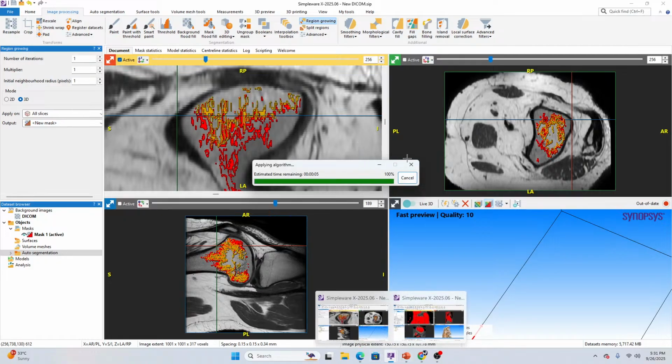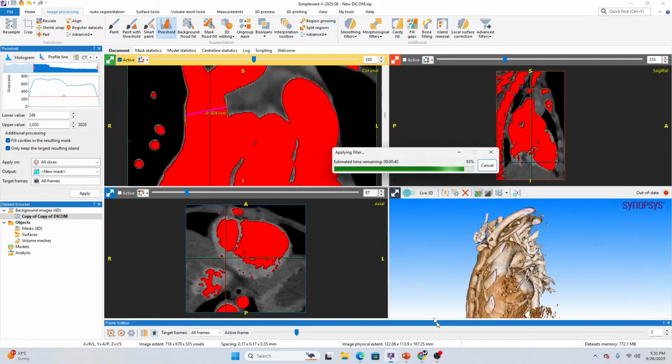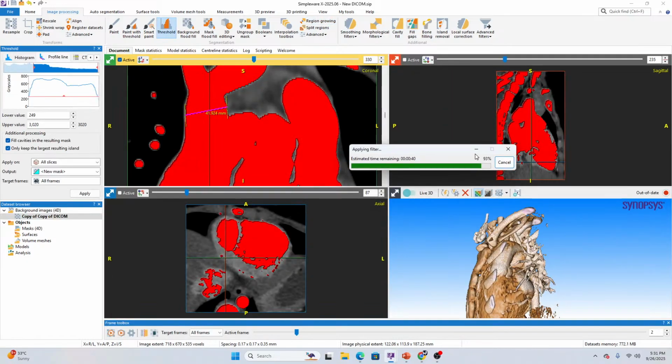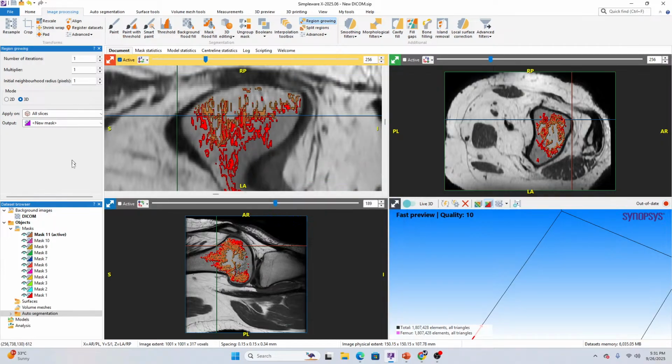So the system's lagging a bit. Let me just reopen the dataset. For that, let me see if the segmentation is complete. It's yet to complete, so I'll just cancel this operation. Yeah, so